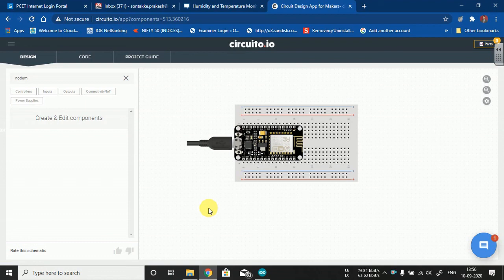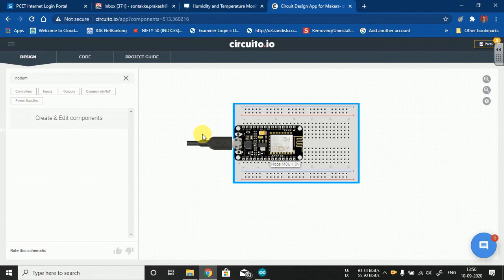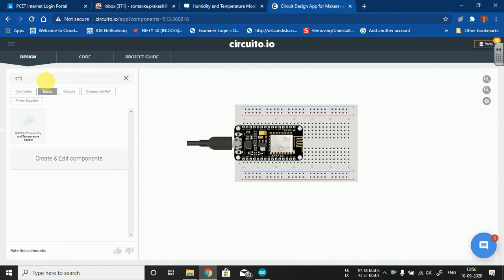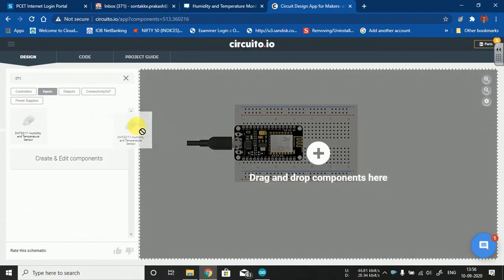And now I need to interface here DHT11 on this particular development board. So what I need to do, I simply click on the inputs because it's a sensor, and I'll be searching for a DHT11 or DHT22. So I'll simply drag and drop.